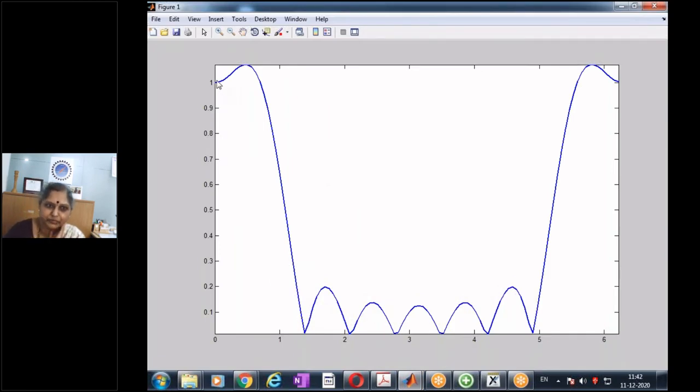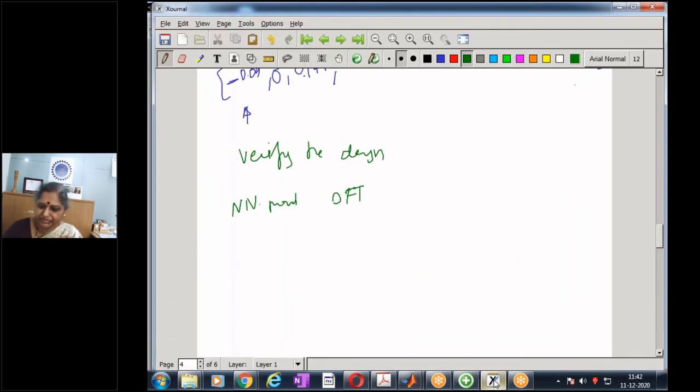Now if I look here, this is my first value, k equal to 0. This is my second value, k equal to 1. Then 3, 4, 5, 6, 7, 8, and my ninth value. So I have an exact representation of my frequency response at the instance of sampling.